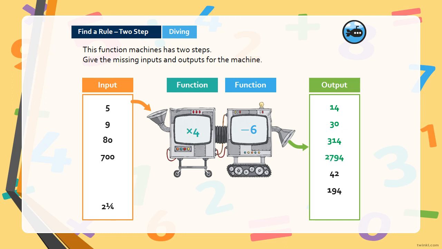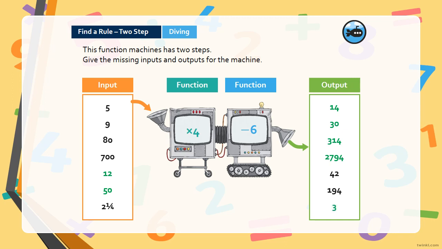If 700 is our input, our output is 2,794. And if 42 is our output, we need to do the inverse to work out the input. So for 42, instead of subtracting 6, we're going to add 6. So 42 add 6 gives us 48, and 48 divided by 4 gives us 12. If 194 is our output, 50 is our input,